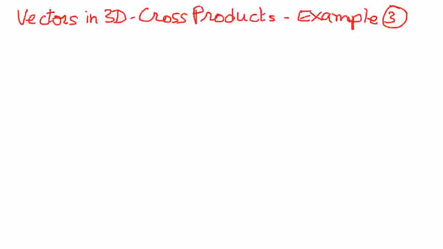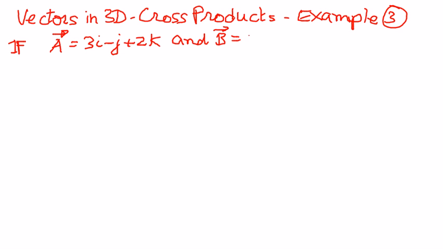Welcome to my presentation. In this presentation, we shall look at some examples related to cross products and vectors in three dimensions. So let us take an example. If A is a vector and the components of this are 3i minus j plus 2k, and if B is another vector and the components of this are 2i plus j minus k,